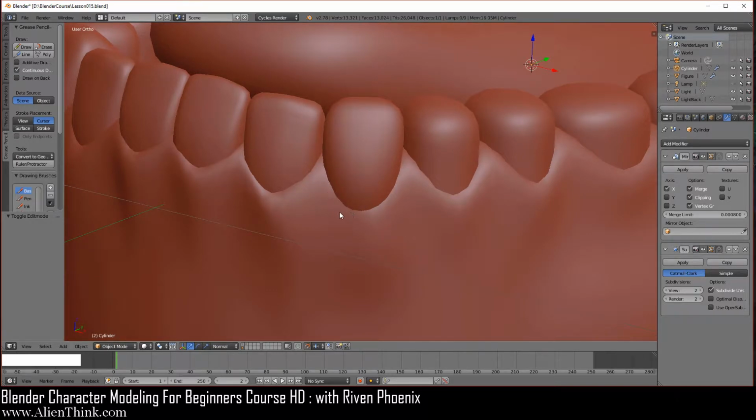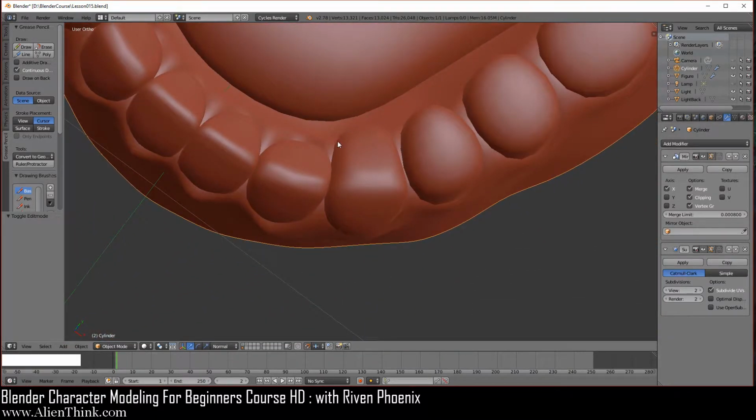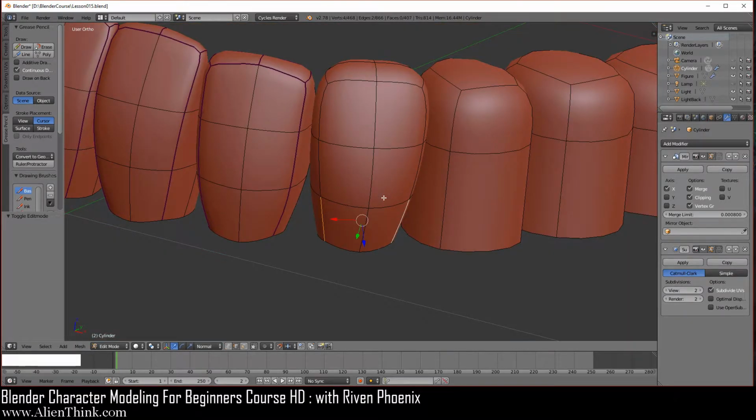Obviously we're going to have to adjust the gums over here to make it look correct. Right now we just created the basic forms of the gum. And the other thing that you'll notice, if you do over here, you'll see how this is out over here. So once we change it, we'll also have to modify the gums here a little later. So I'm just going to do tab to go back into edit mode and A to deselect everything.